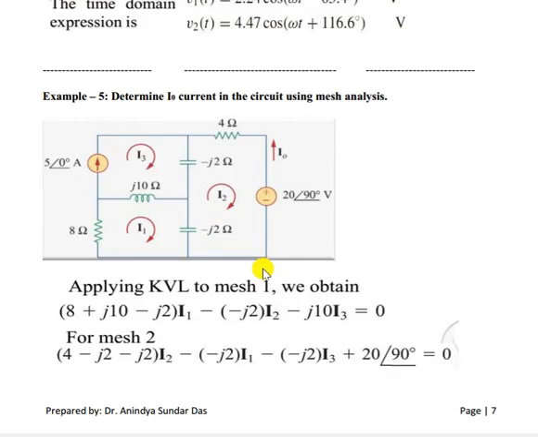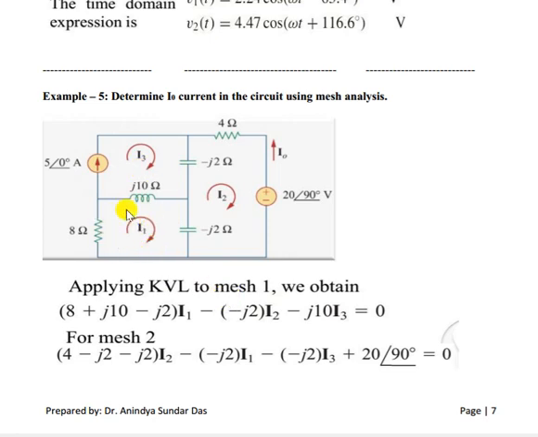Now say determine the I0 current using mesh analysis. So that means you have to identify the meshes. So there are three meshes and you have to write KVL to each mesh. Now if you write KVL